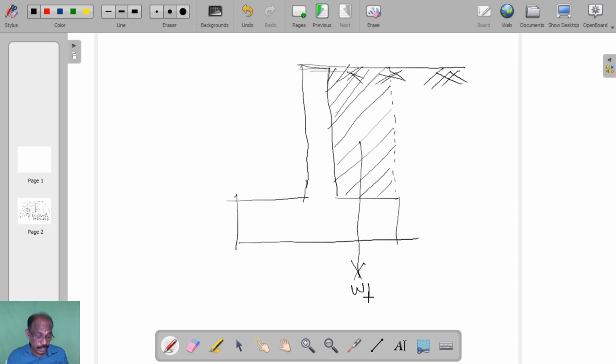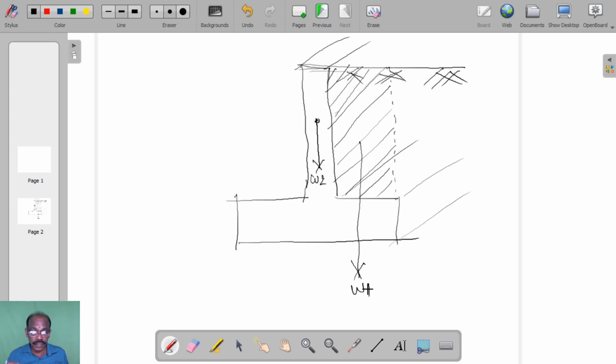And W2 is the weight of the stem slab. Now this is your stem slab, and this is the self weight of the stem slab per meter length. So all the weights we have to consider for 1 meter length. Even though the wall may go for a long distance of 5, 6, 7 meters, or up to a kilometer, for the calculation and design purpose we always consider 1 meter. Now this is W1, this is W2.